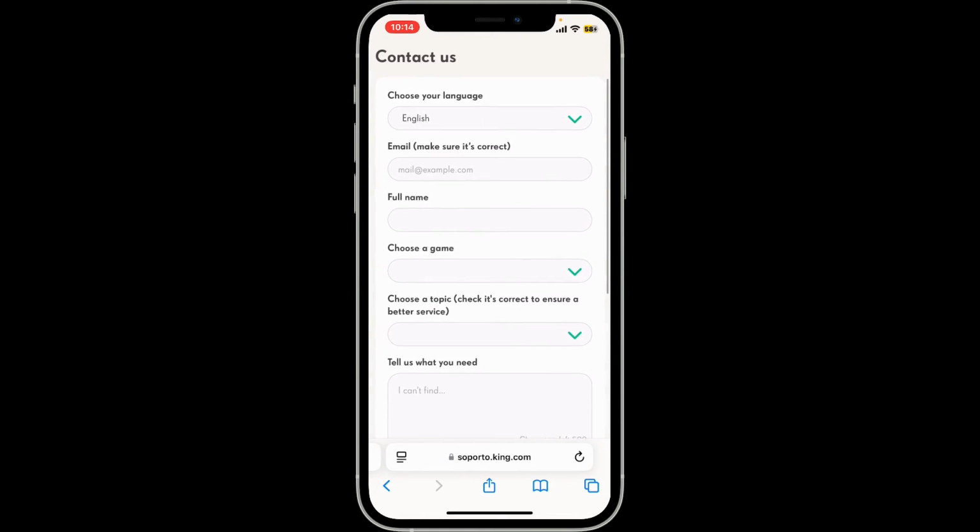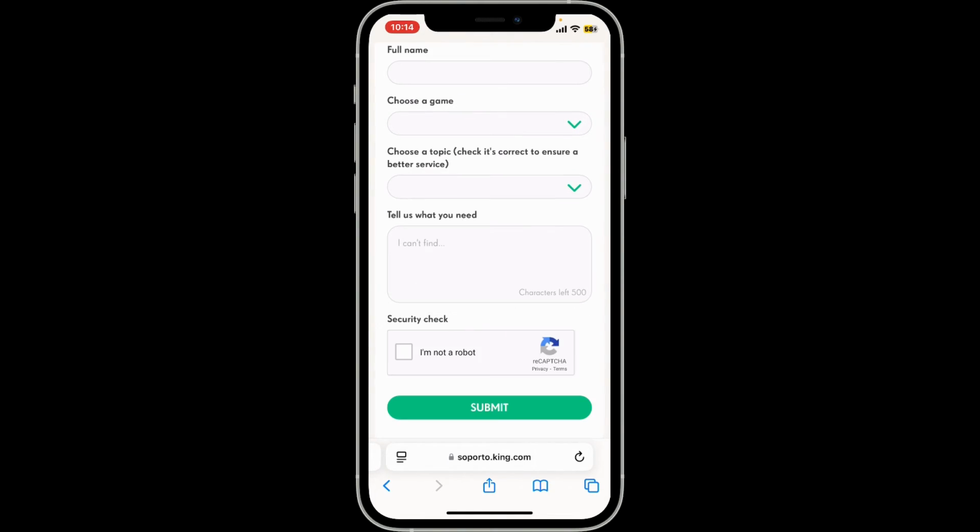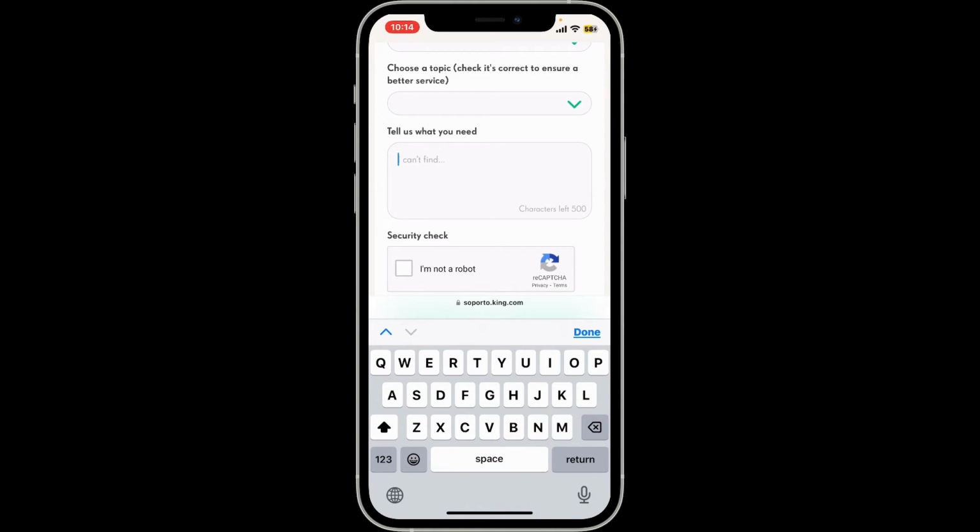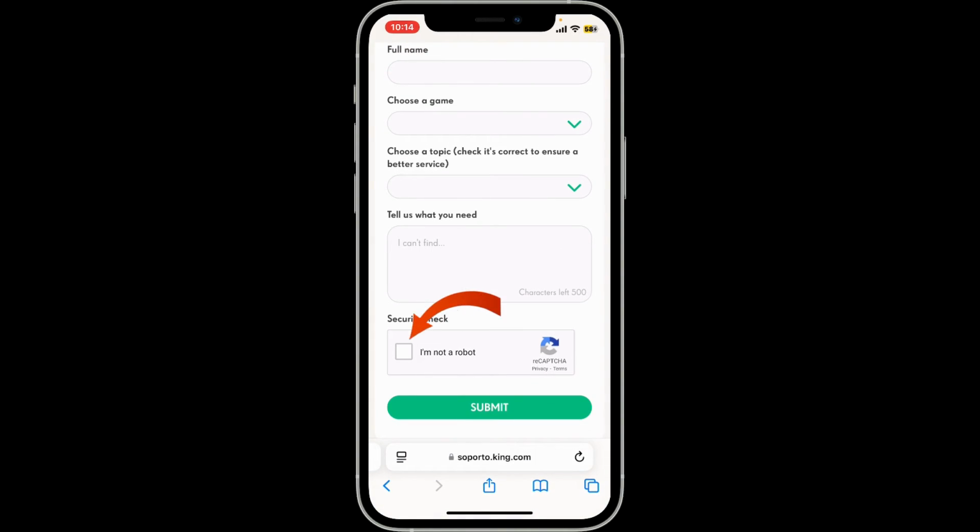address, your full name, select your game, and write down why you are trying to reach out to the customer support team. Enter a detailed description of the issue in the Tell Us What You Need text box, and finally click on the I'm Not a Robot box and click on the Submit button in order to submit your problem or